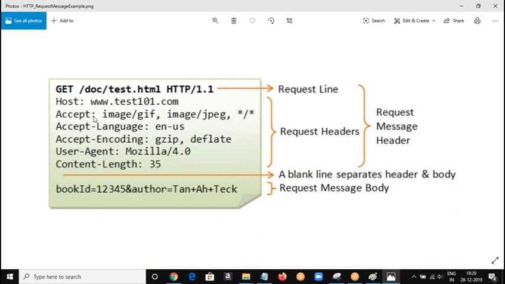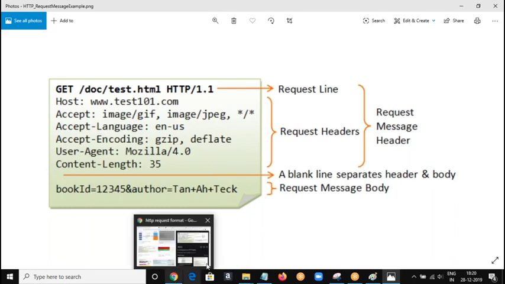That is the user agent, which tells which browser we are using to make this request. And what is the total length of the content? These are optional. If you are sending any data to be written to the server, then this will be there, optionally. In the case of a GET request, suppose I'm requesting a page,